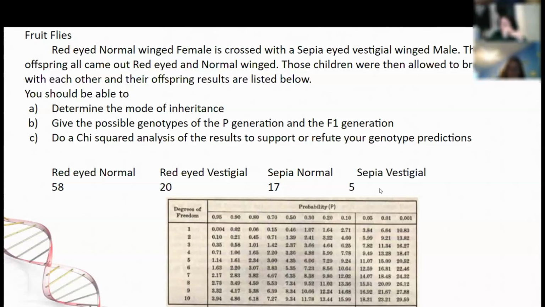So in this case, we expect 56.25. I'm going to keep my decimals, because if I drop my decimals too early, I likely end up with the wrong answer in the end. If an expected value isn't given to you, you would have to do a Punnett square to determine your expected